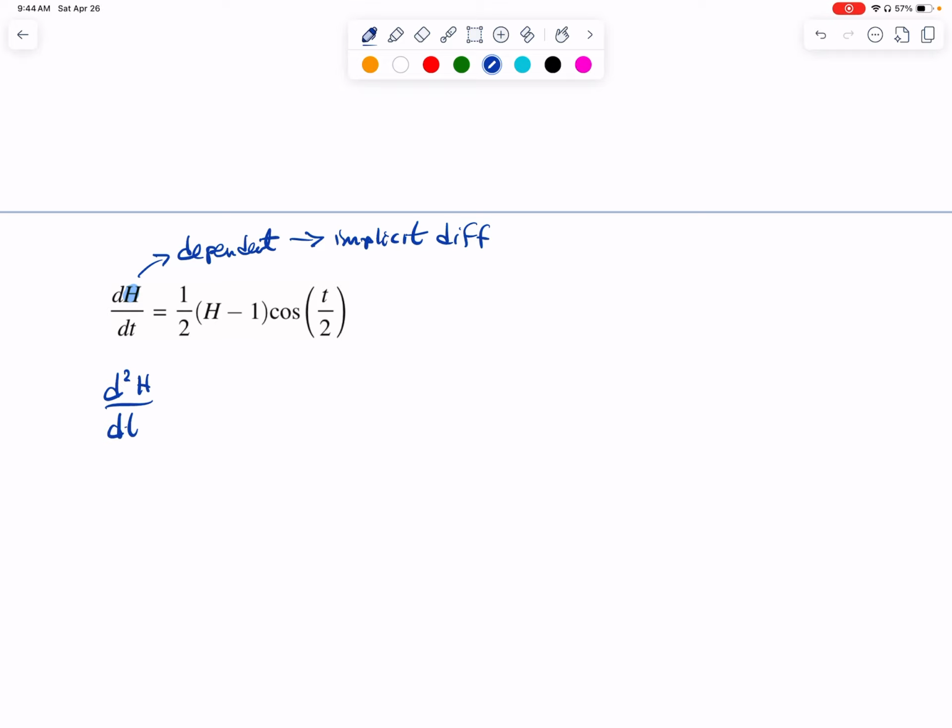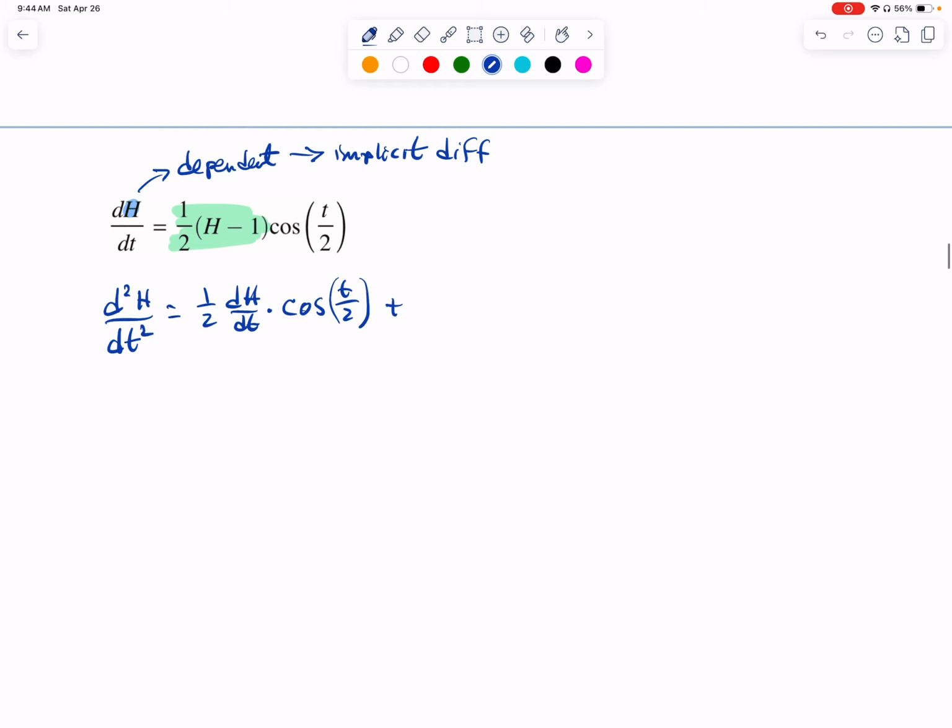d2h over dt2 is equal to, I'm going to use the product rule here. I'm going to consider 1/2 h minus 1 the first function. And so the derivative of this would be 1/2, and then this h here, ordinarily that would just be a 1. However, since h is a function of t, I have to use the chain rule on it, and it would be h prime, or dh dt. So it's 1/2 dh dt times the second function, cosine of t over 2,